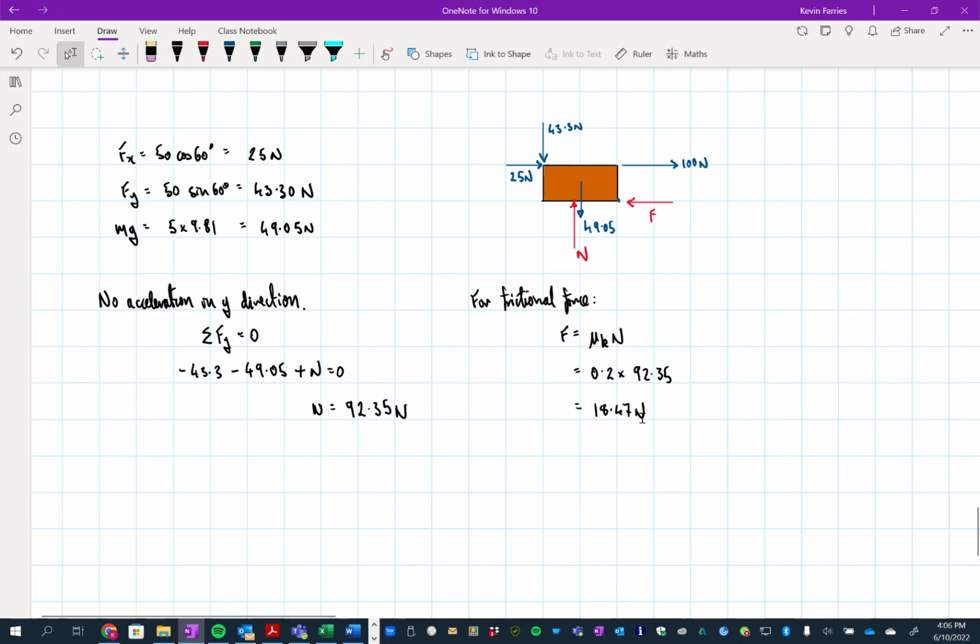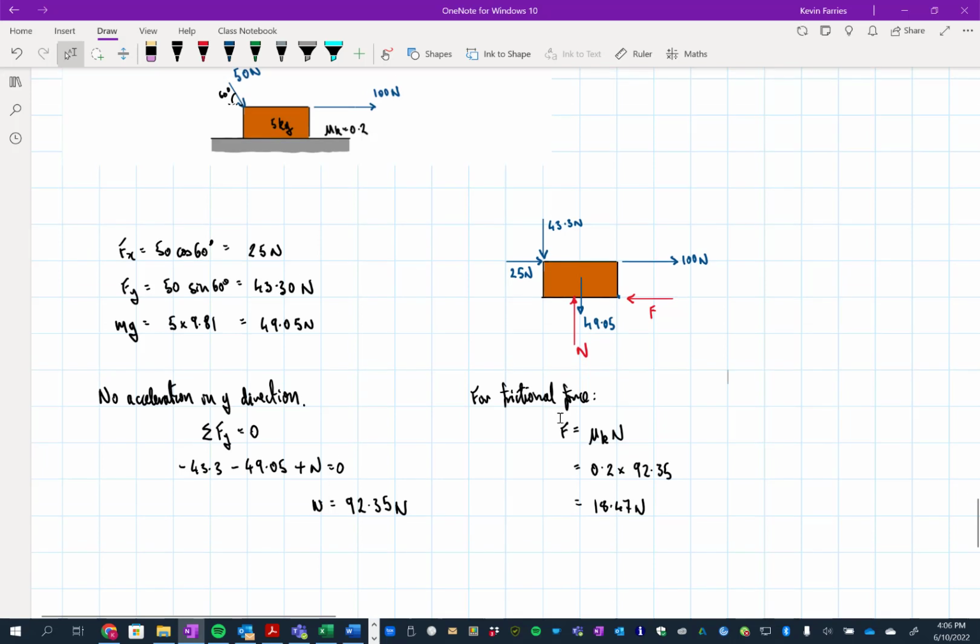So that's all good. And what we can see there is the horizontal forces. So I'm going to have 100 plus 25 is greater than that frictional force. So it makes sense. It is sliding. If these two were less than that frictional force, then we've got something wrong, or maybe we have to go